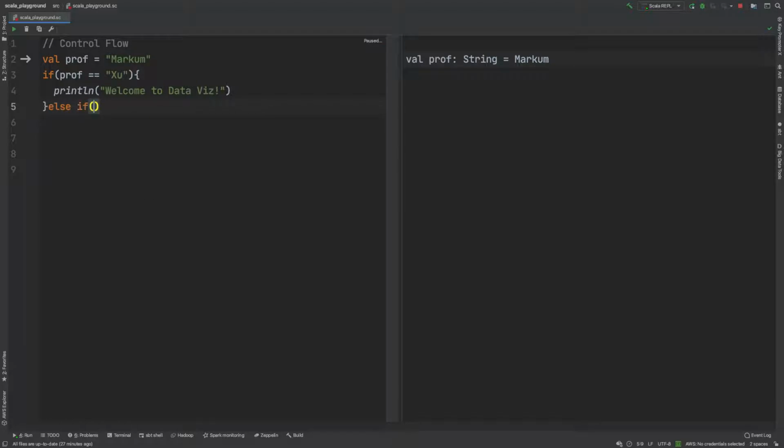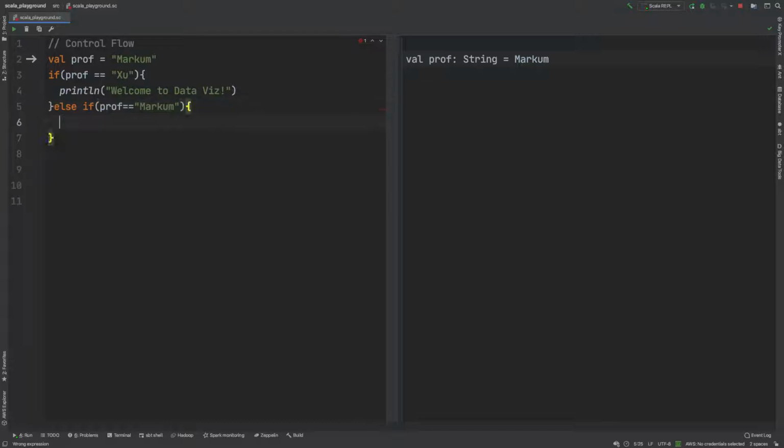Else if prof is equivalent to Markham, print welcome to data mining. And then finally, else print welcome to